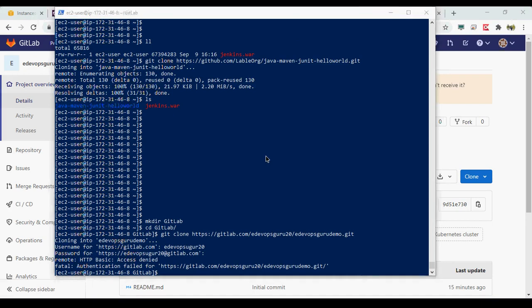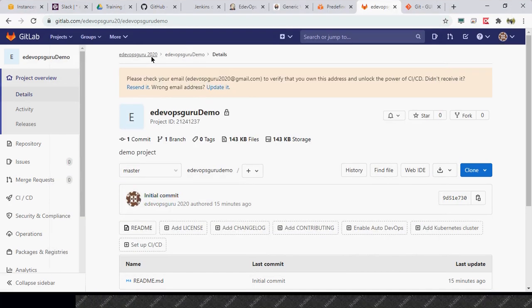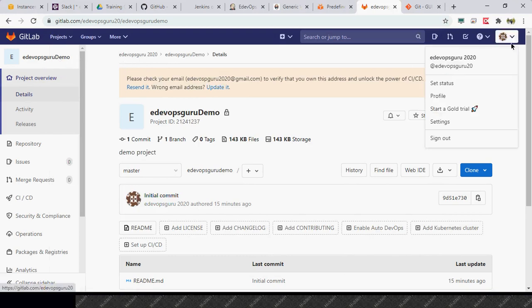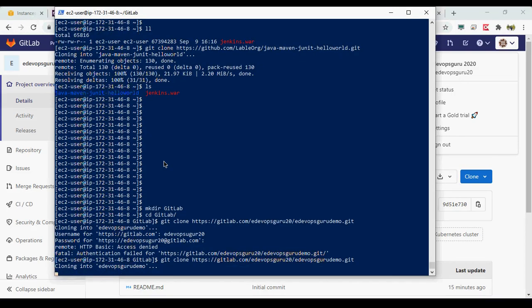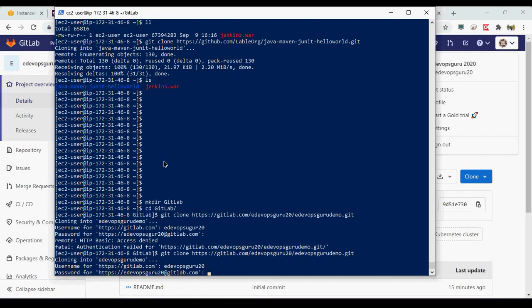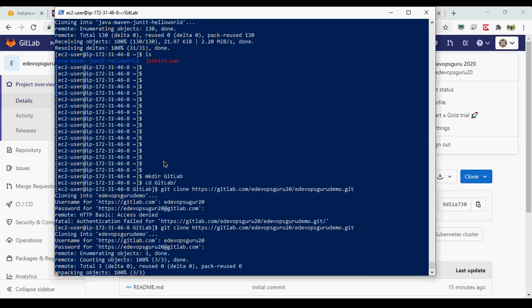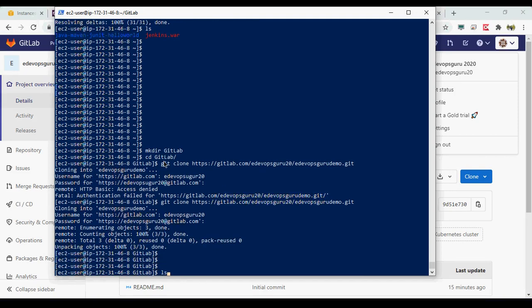Okay, so probably there's some issue with the credentials. Let's check what the username is, DevOps guru. Let me try it once, and if it does not work, then probably you can do it yourself. DevOps guru 20.